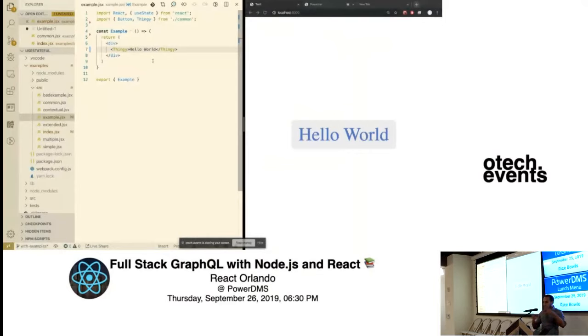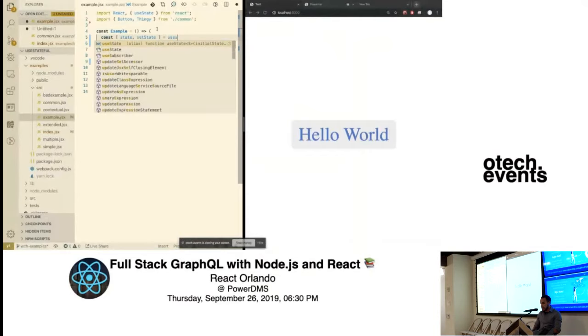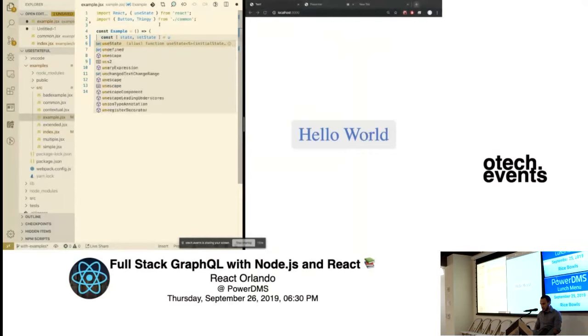Now, obviously we want this to reflect some state. We want it to change when we do some stuff. So the regular thing that you might do is go into your component and start talking like state, and then set state, and then we're going to use useState, because that's how we use it. Then we're going to set this to hello, so we know something changed, and we're going to put that over there. Wrap it. Okay.